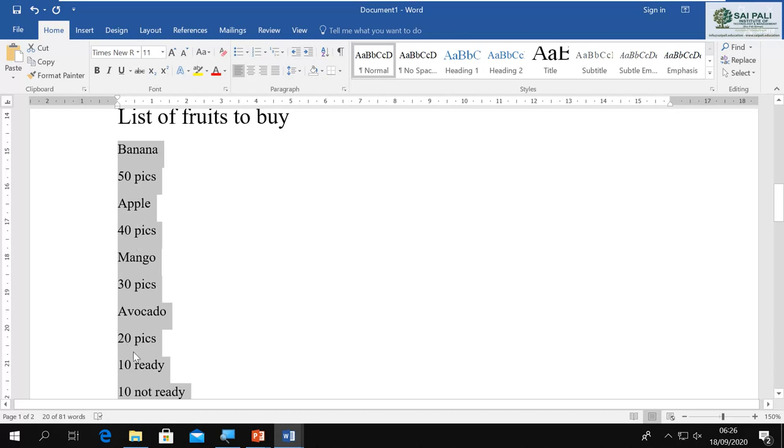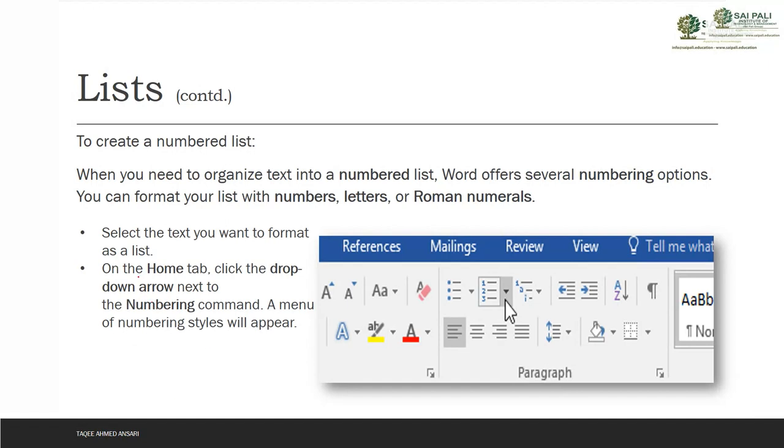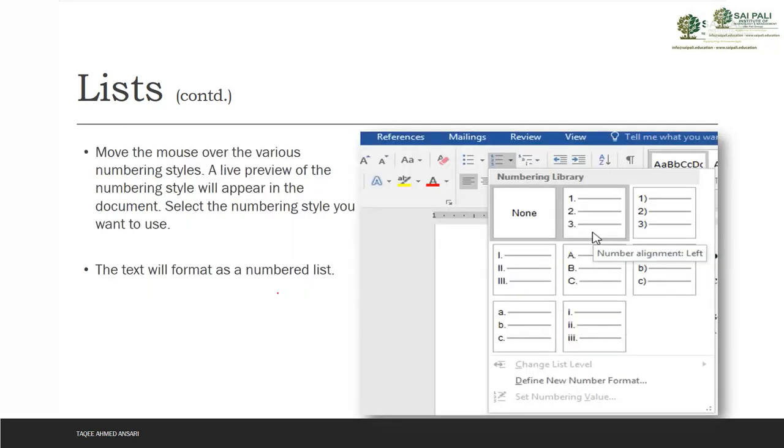So first select the text, and then you can go to the home tab. Again in the number command here, you can select the command directly. It will add the default numbering option. Otherwise you can click on the drop down menu to get the advanced options, and you can get multiple options.